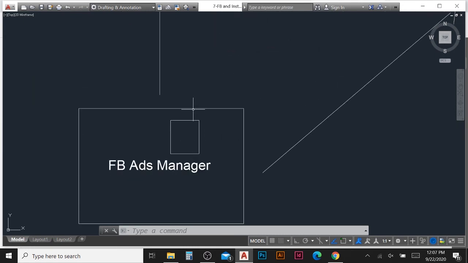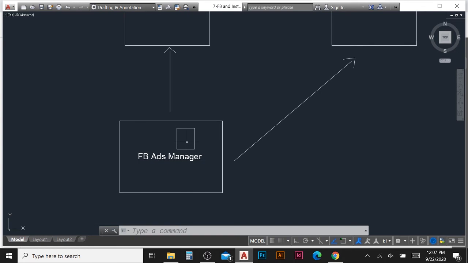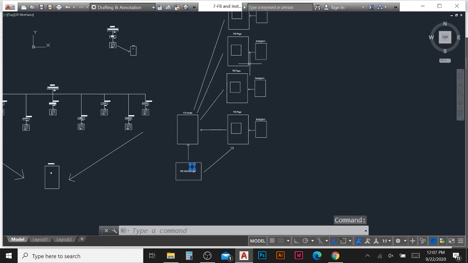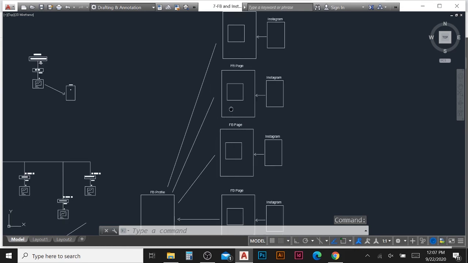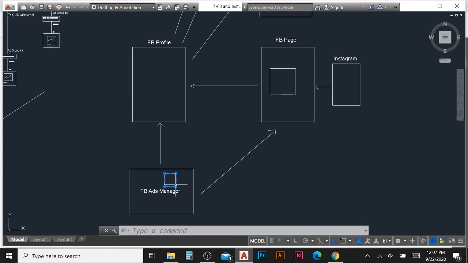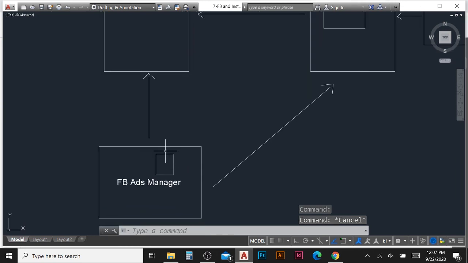So now I'm creating an ad here in Ads Manager. When I'm creating the ad, I can assign this ad to a page, this page, or a different company's page. So I can assign which page I'm creating this ad for. Or if I want to do only an Instagram ad, I can still create an Instagram ad in Facebook Ads Manager.